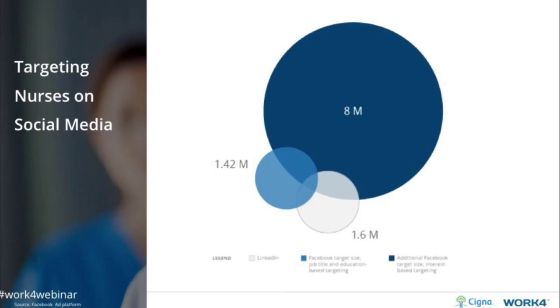which is essentially, if you take into effect likes and interests, you're able to actually expand your audience tremendously. These are essentially 8 million people that are somehow affiliated to nursing in some way, shape, or form. They might not have identified themselves sufficiently that way on Facebook, or they're part of a group or association of nurses in a local market area. And because of that, as you can see, there's a tremendous amount of opportunity in reaching qualified